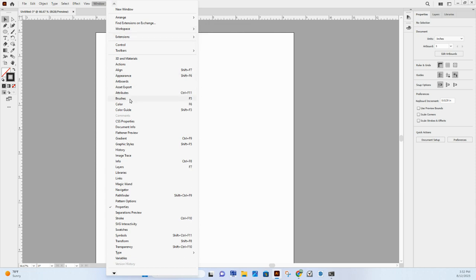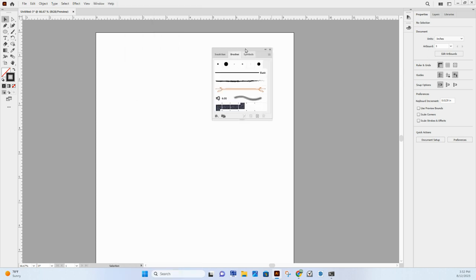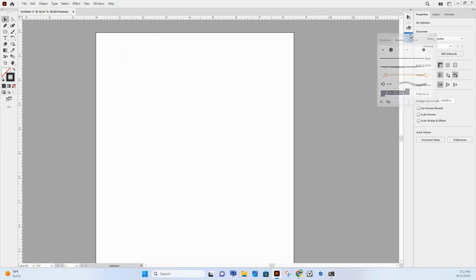For example, if I want to add brushes, I click Brushes, and you'll be able to see I can move these windows. They can also snap into the side here. I don't need this for now, but that's how you access more toolbars. So a couple of things here. The most important